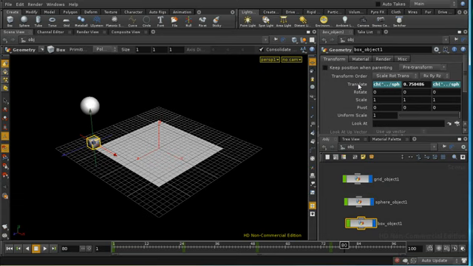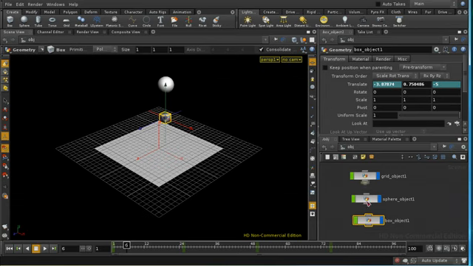And what we have now is at each frame the translate parameters in X and Z for our box are being fetched from the animation that we've got applied to our sphere. So as we move along the timeline, we can see the box follows the sphere. Well, what happens if we wanted the box to follow the motion of the sphere but not exactly? For example, we wanted it to lag behind a bit and overshoot at the corners. This is quite a common thing that you want to achieve in animation, and it could be achieved by using